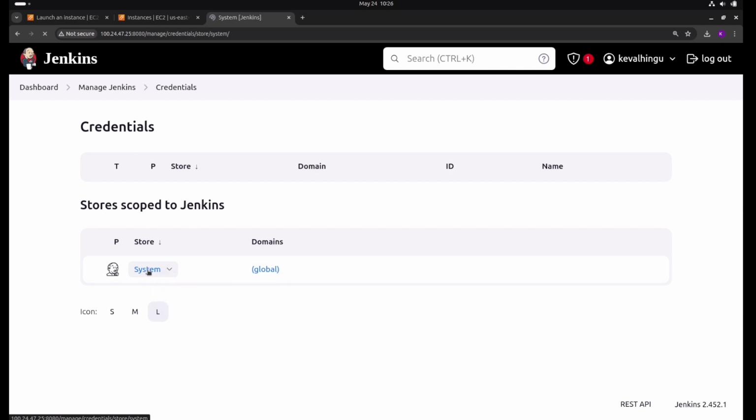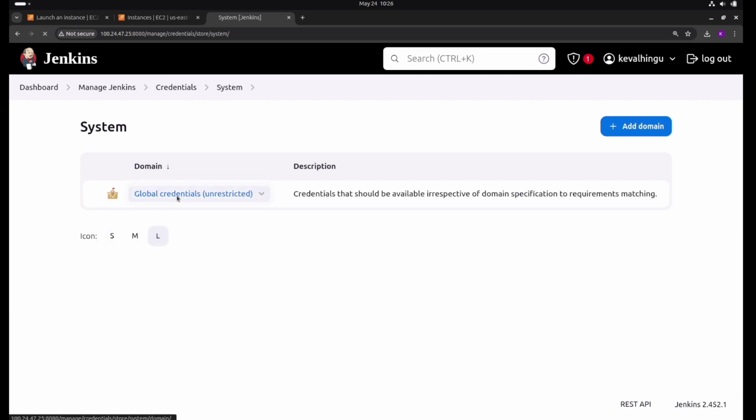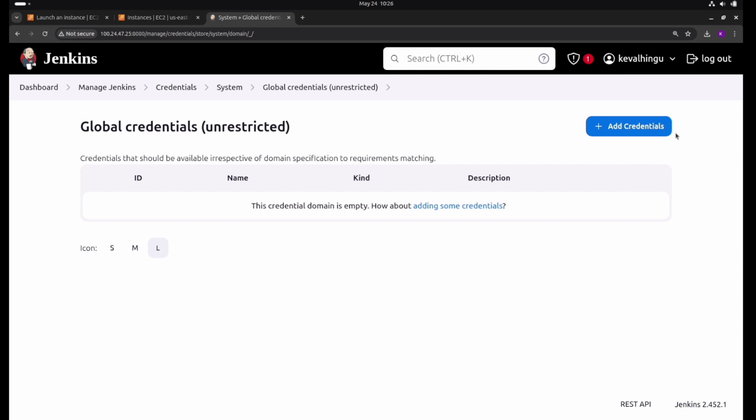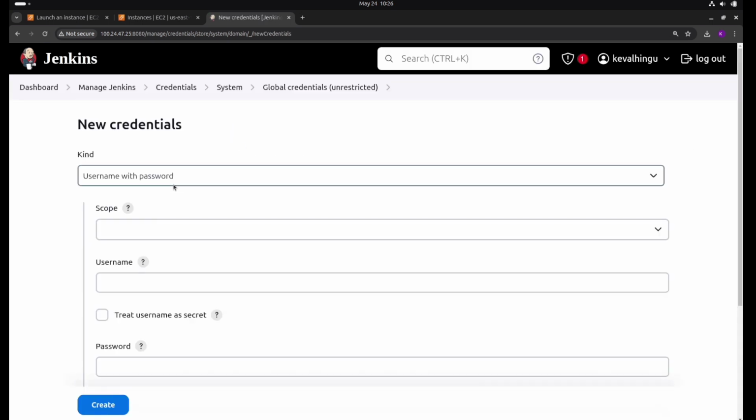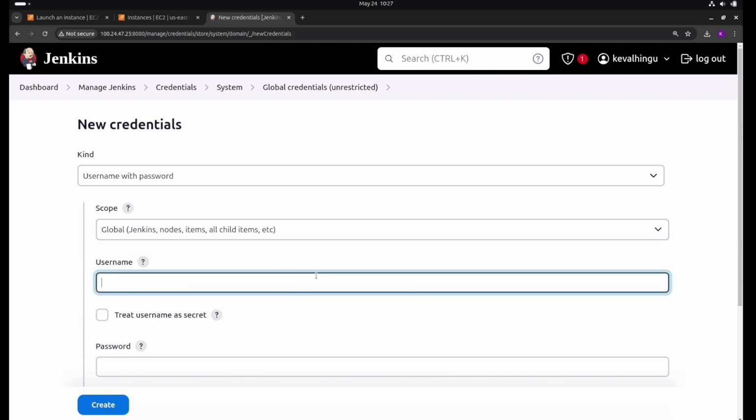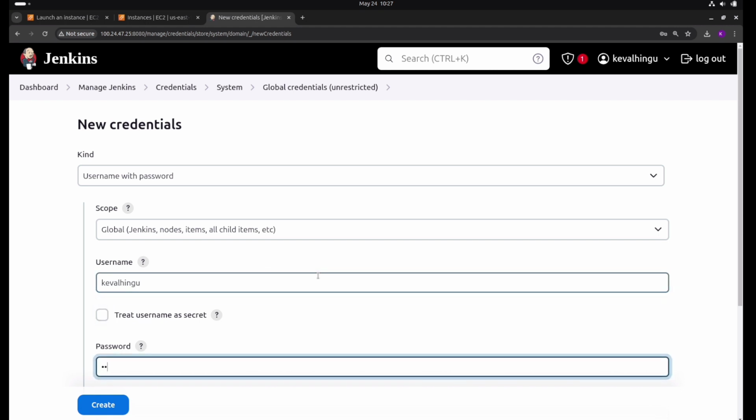Okay, so go to System and go to Global credentials. Now add the credentials over here. It's a username and password, so make it the default kind, and the scope is global, so in Jenkins we can use it. So username is Kevalingu and the password is something,